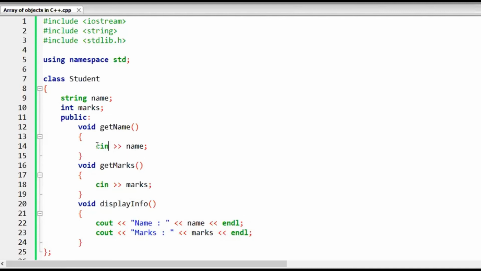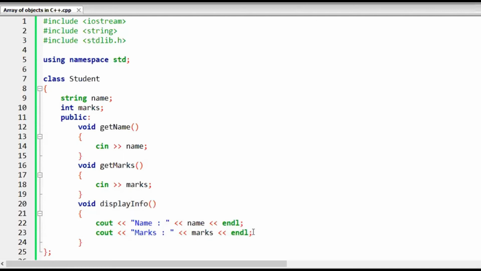What is the use of cin? Cin will ask the user through the console to input something, and it will take that input and store it using the extraction operator. It will store that data in name, and same for the marks. It will take the input from the console from the user and store that data into the marks. And if we call the display information for that object, this information will be shown.